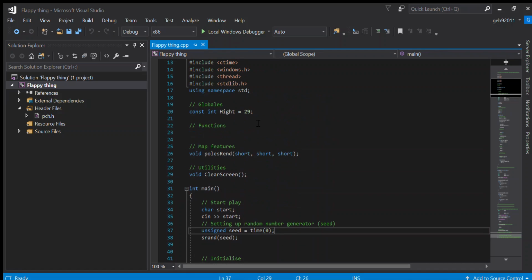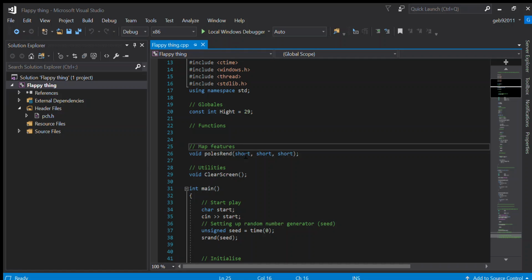Up here, I did a little bit of experimenting, and I figured out that on the standard Windows console that Visual Studio 2017 uses, how it naturally loads is a 29 line view, and so I made this to render the